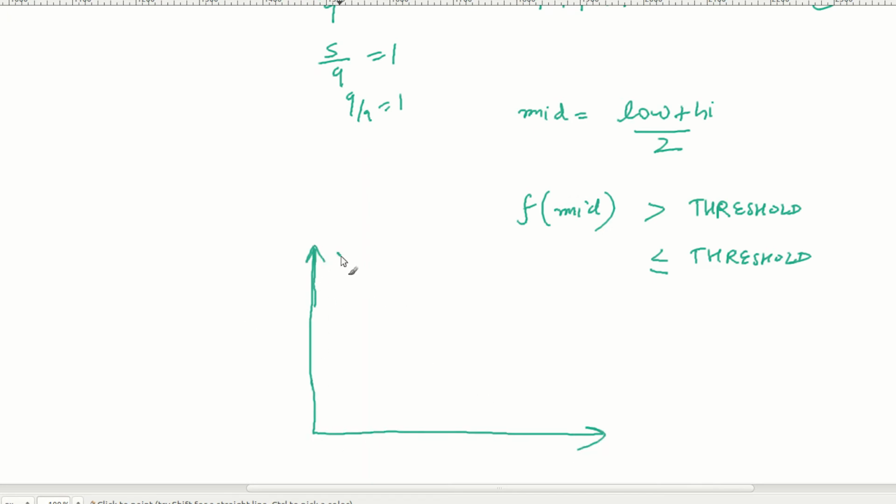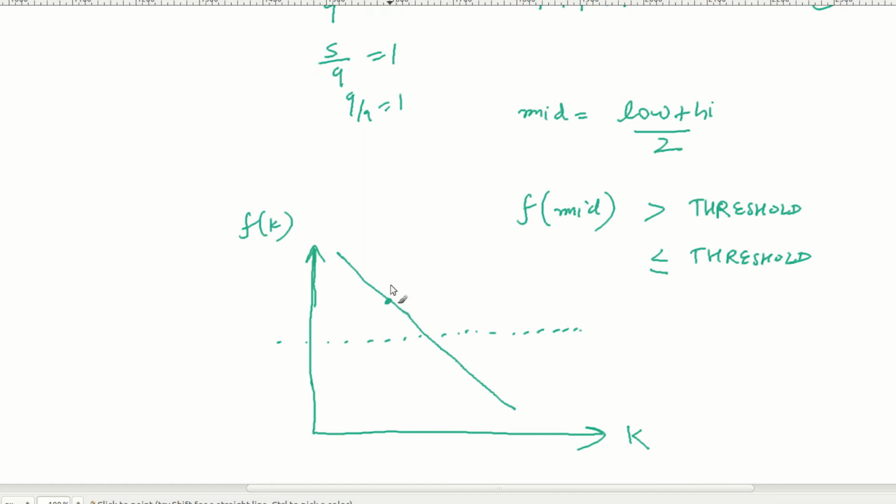My function f would be something like this. It's a decreasing function, and let's say this is my threshold. This is k and this is f of k, and this is my threshold. So one thing is clear, that if f of mid is greater than threshold, then it's somewhere here.